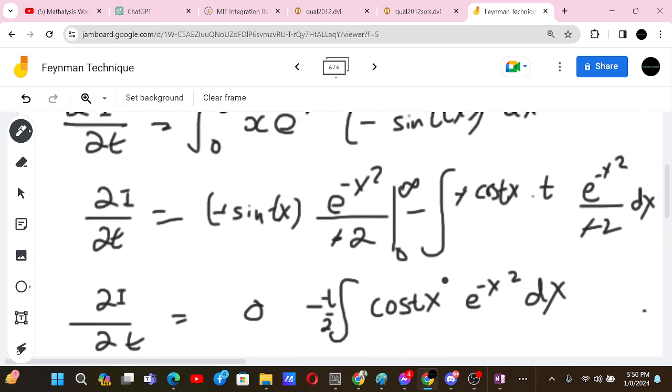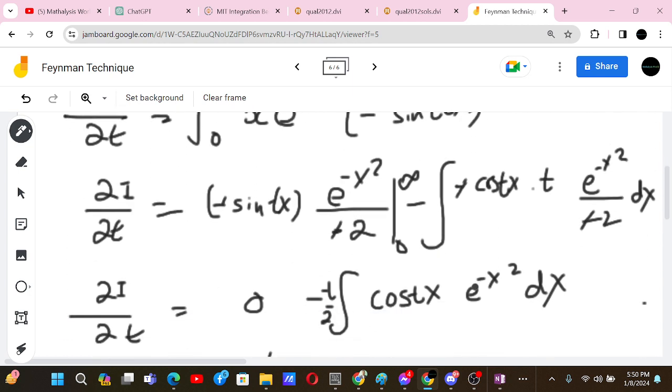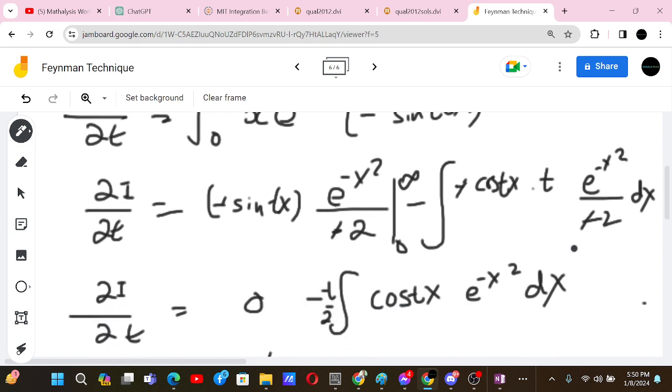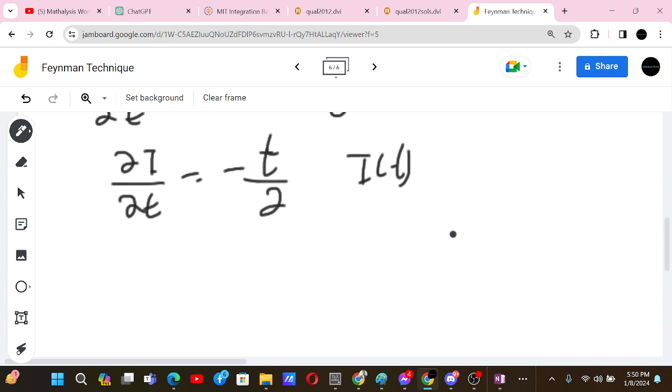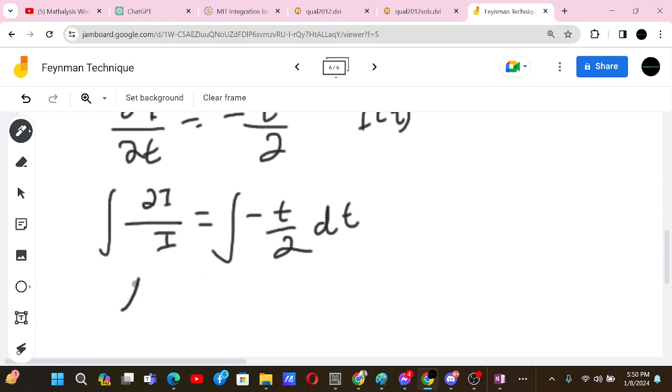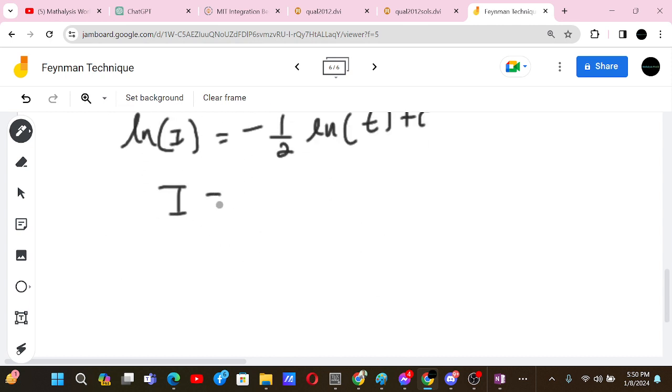Let me check if I'm doing it right or not, just in case there might have been some mistakes. Okay, I think that's going fine. Now we can use the separation method. So dI by I equals minus t by 2 times dt. And if we integrate this, we will have ln of I equals minus 1 by 2 ln of t plus c, and that gives us I equals to,